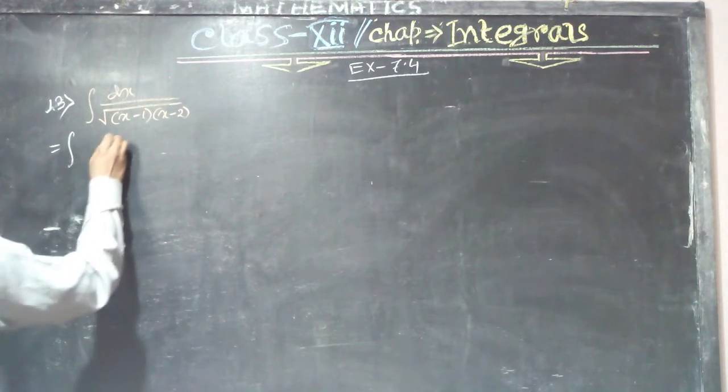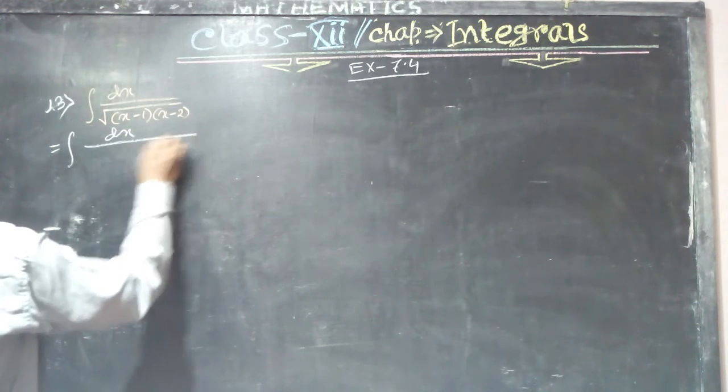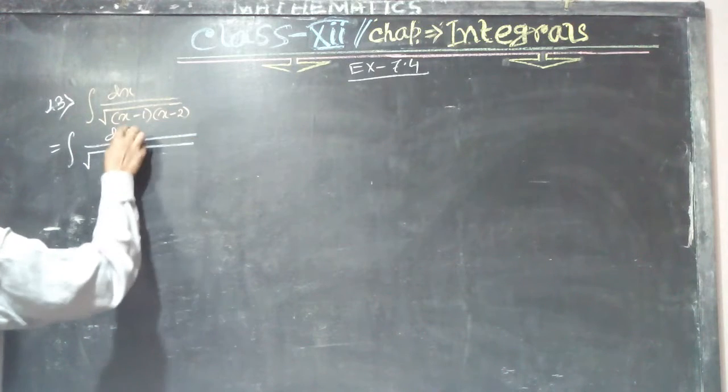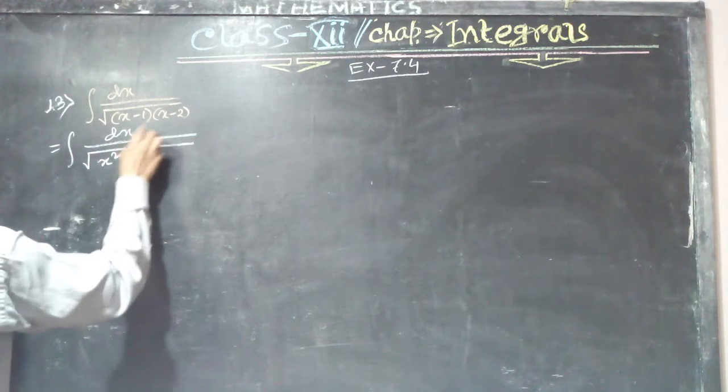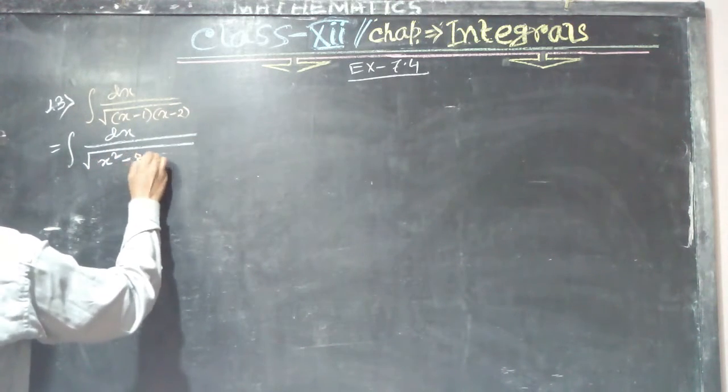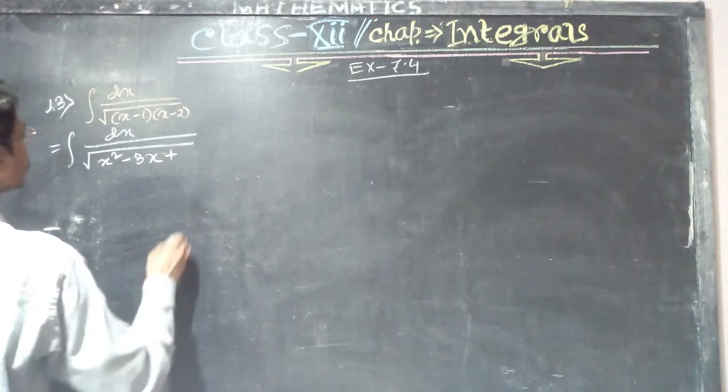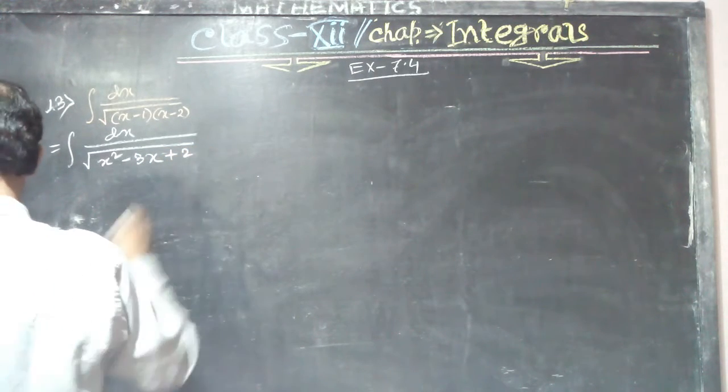First, dx by root over, if you multiply these two you get x square minus x minus 2x, means minus 3x, plus 2